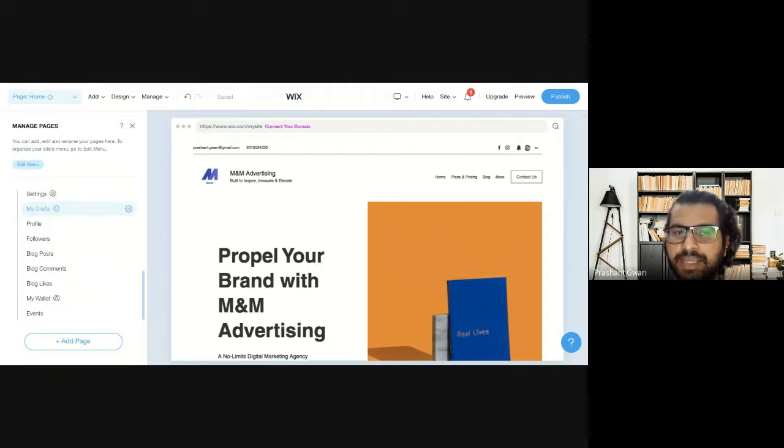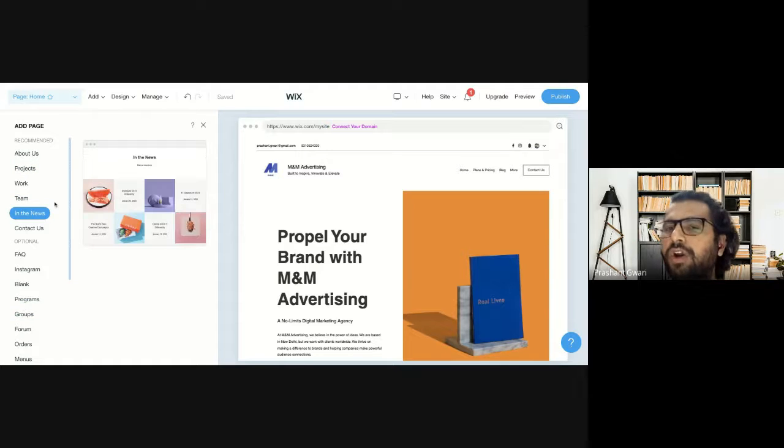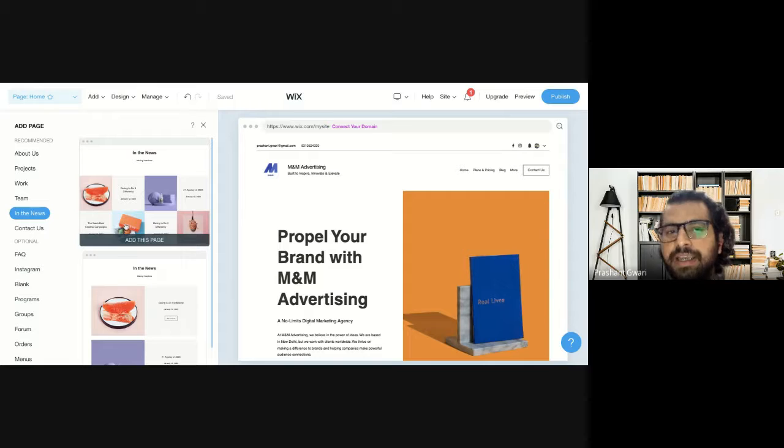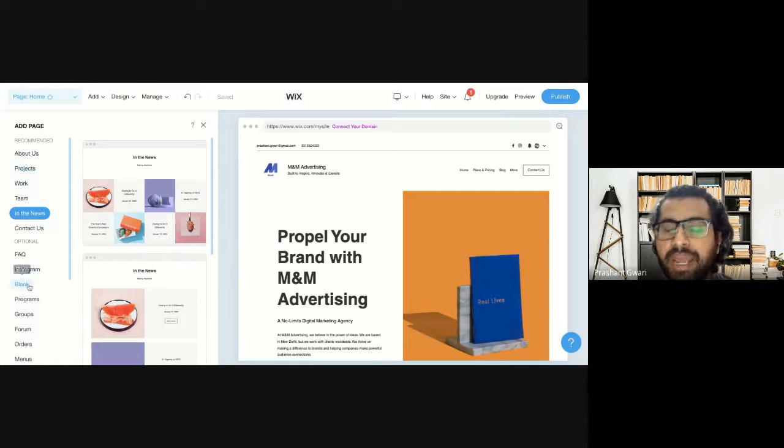First this page, then this, every single page you will do one by one. And if you want to add an extra page to your website, you will directly click here on add a page and choose a page category from here. These pages are recommended and these pages are extra. I'm already using 4 to 5 pages in my website. If I want to add extra pages, maybe a work page or product page or blank page. If my page is not available here, I will go with the blank page.